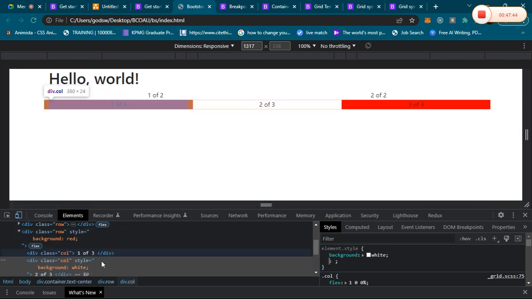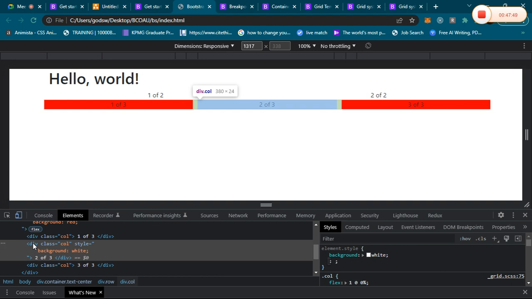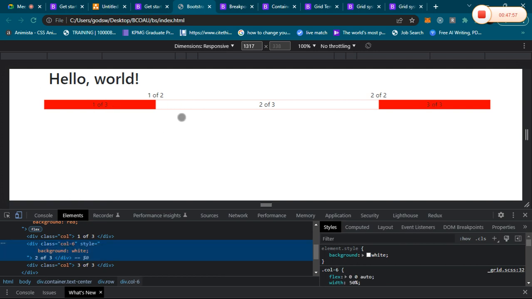Now they are all evenly spaced right now, but if I now take this particular one that has a background of white, and set it to say col 6, you see it has increased. Then these other two, their size reduced. If I increase it from col 6 to col 7, same thing happens. It just keeps shrinking. If I say col 12,